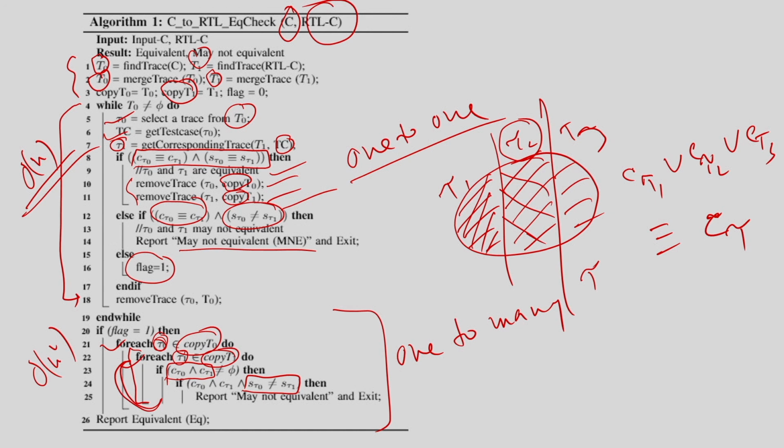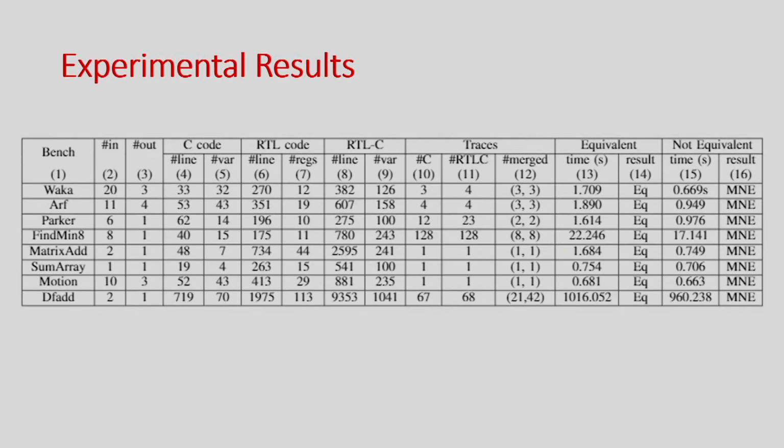So, what we have done here is that this trace level equivalence still has to be done, but we try to use several kinds of tricks to reduce the complexity. Okay. So, let us explain some examples here.